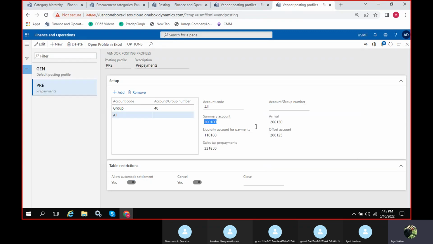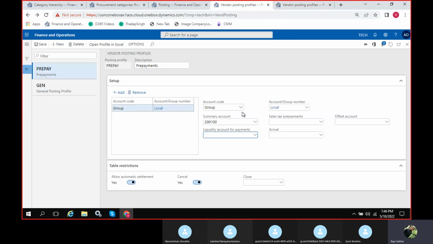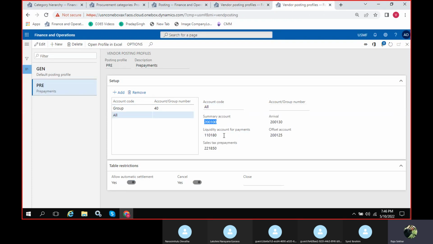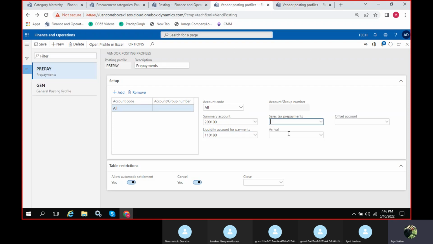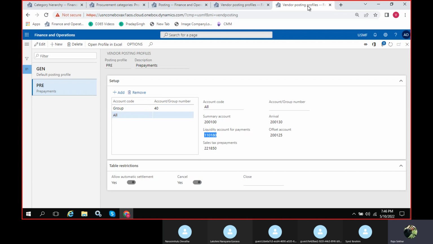I'll give my summary account directly. I'll take it also, not required to give some liquidity account. Summary account is main, guys. So all of these will pick up in the background, but at the entry level it will pick up your offset account.